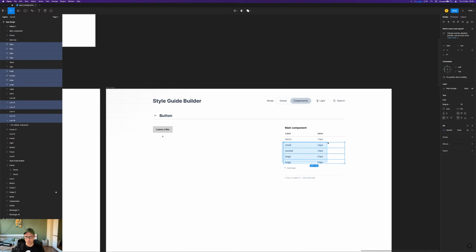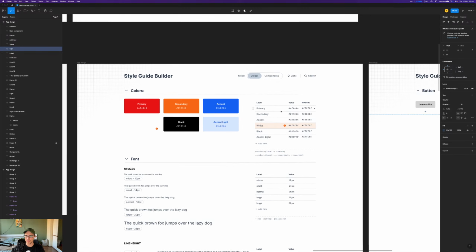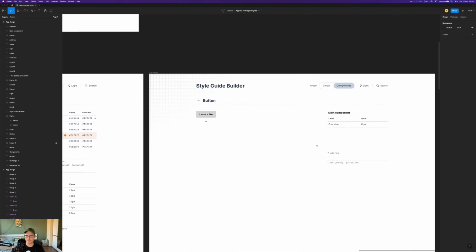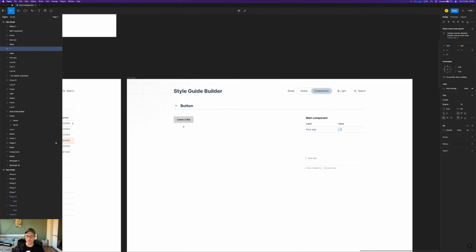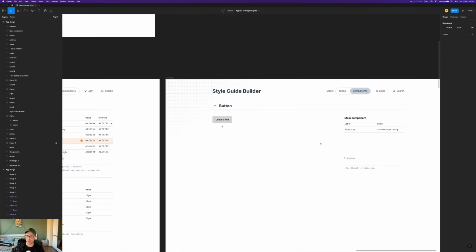So for my button, I'll have font size. And now there's the trick. The value here needs to be able to use those values over here. So color primary, and